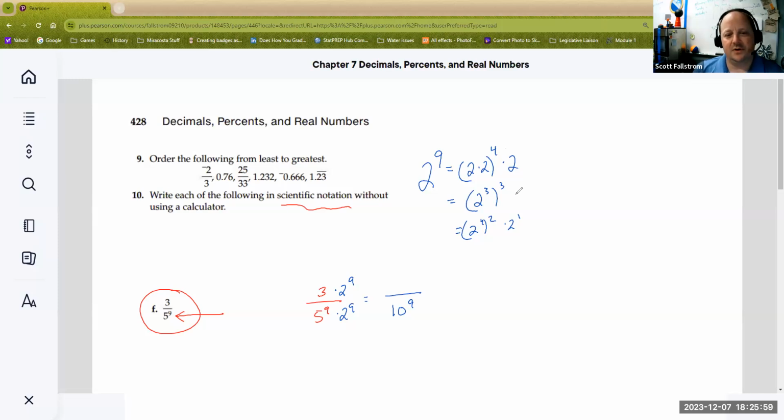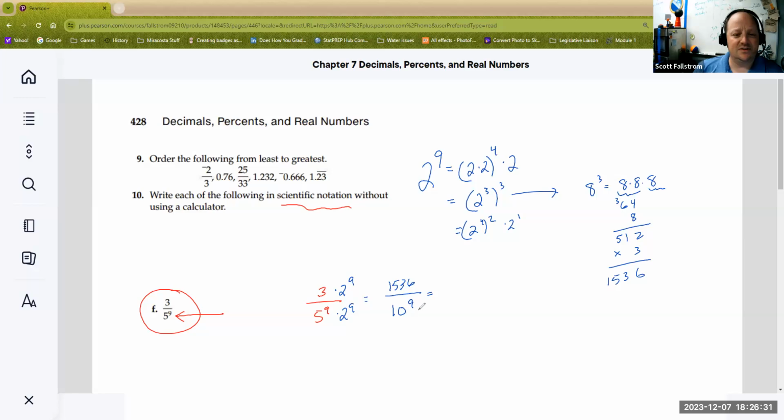So maybe I'll do this middle one. I would say that's 2 cubed, which is 8. I need to do it to the 3rd power, which is 8 times 8 times 8. This right here is 64. And times 8 is 512. So what I have right here is 512, but I have another 3 sitting in front, so I multiply that by 3. So I end up with